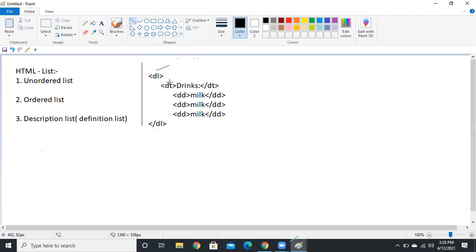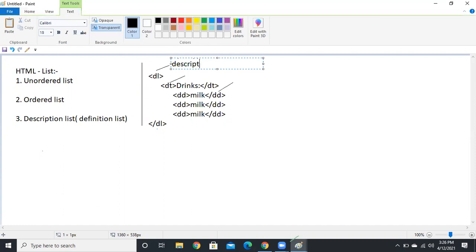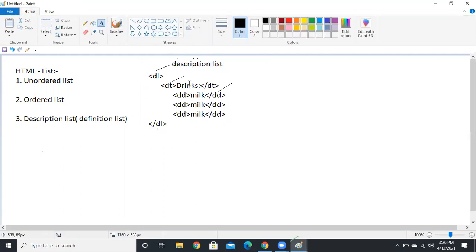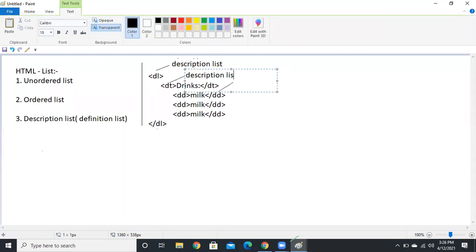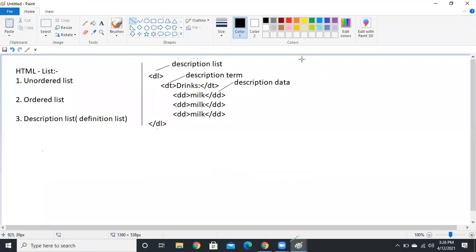Description list, description term, and description data. For every list, the head is the term and next your data, it will take some indent space, right? That's it only. See, I will show you.